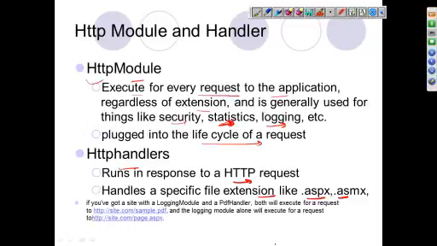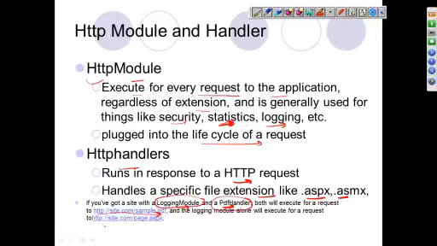Okay, this is just a simple scenario. Let's say you have a site and you have a logging module, which is an HTTP module we have written for event logging or error logging, and you have written a PDF handler to handle the PDF files. Now, if I am requesting the PDF resource from the application, then this handler will be executed and this logging module will be executed, both.